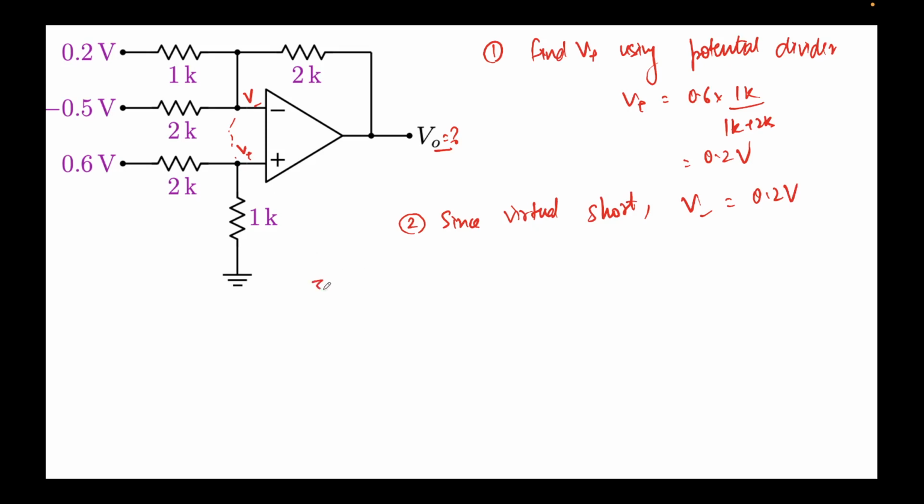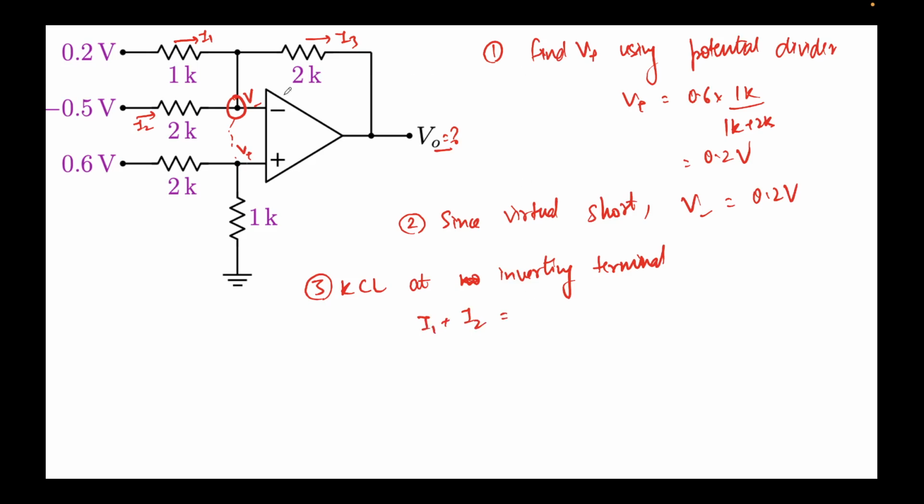Now as a step 3, what we'll do is we'll apply KCL at the inverting terminal. What is the inverting terminal? This is the inverting terminal over here. Let's apply KCL over here. Okay, so let's draw some currents. Let's call this I1, let's call this I2, and let's call this I3. Remember, no current can flow inside this op-amp, so I'll simply write inflowing currents are I1 plus I2. This should be equal to,